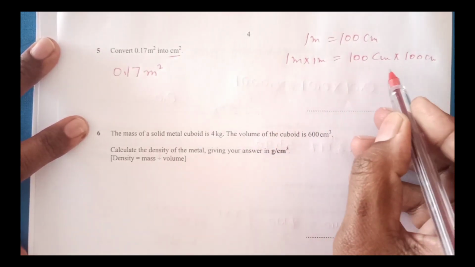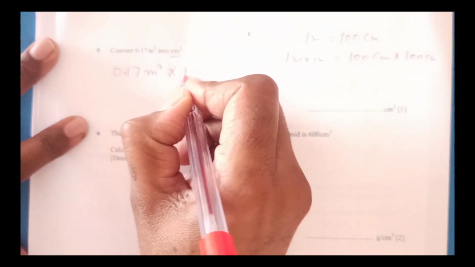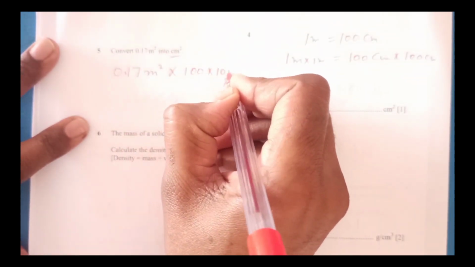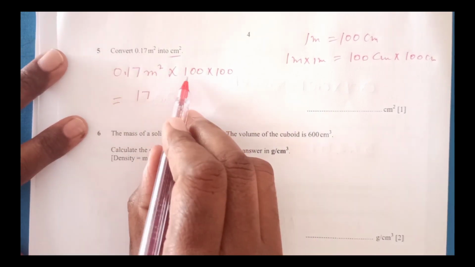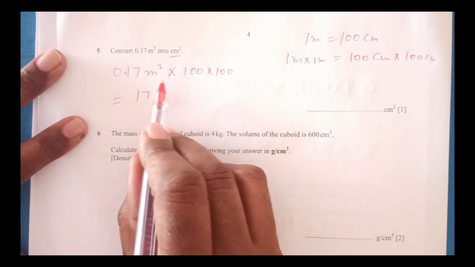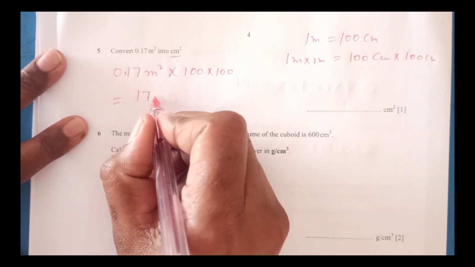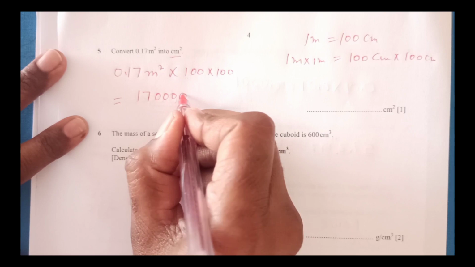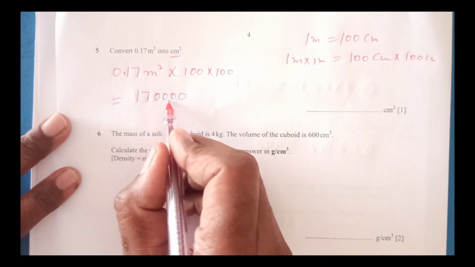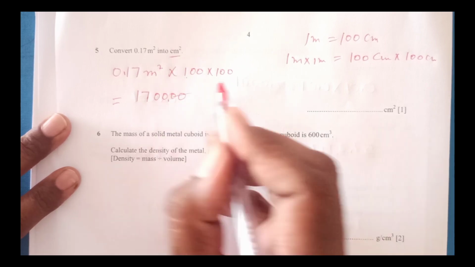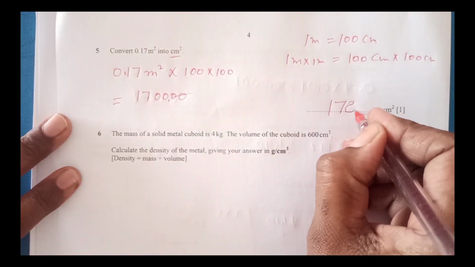So 1 meter squared is going to be multiplied by 100 twice, right? So this is 17. I'm just going to write it because there is no other number, it is just 1. So 17 times 1 times 1 will remain 17. Then there are 1, 2, 3, 4 zeros here, but 2 decimal places. So we'll start from the right hand side, 2 decimal places, the decimal is here. So the final answer is